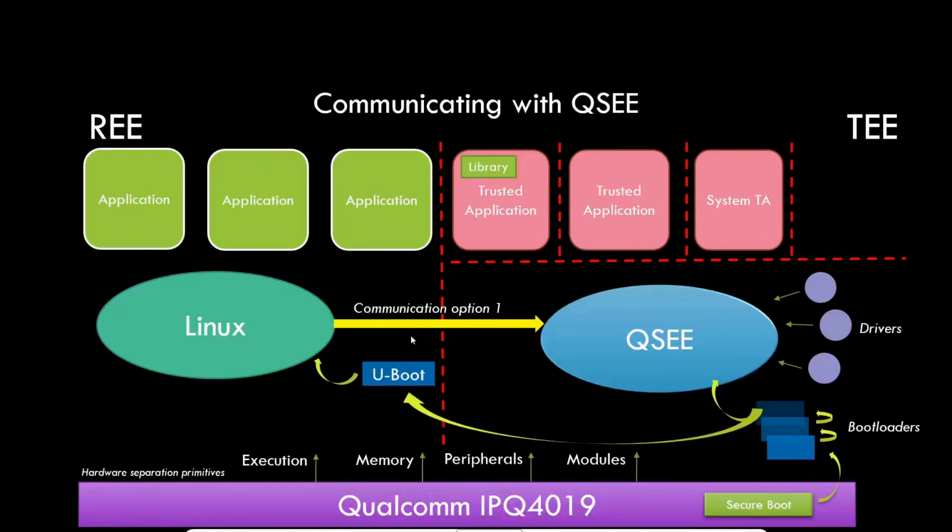But if you have enough privileges on the REE side, including the bootloader, you're running SPL1, you can issue the same SMC in order to communicate with QSEE. And basically, this is what we decided to use. It was much more convenient for us to break into U-boot and from there explore the attack surface. In our research, our vulnerabilities should be, and in principle are, accessible to the Linux kernel, so they could be exploited. But the way we researched these vulnerabilities was from U-boot. So our approach was option 2.